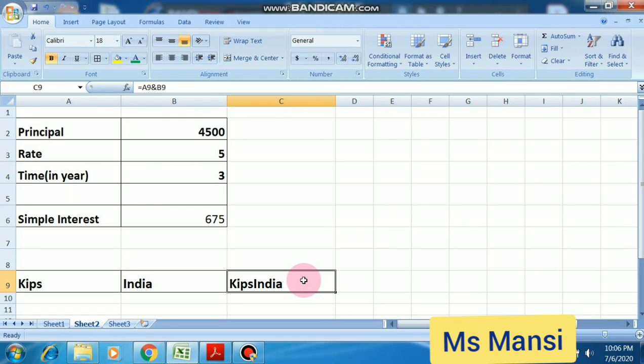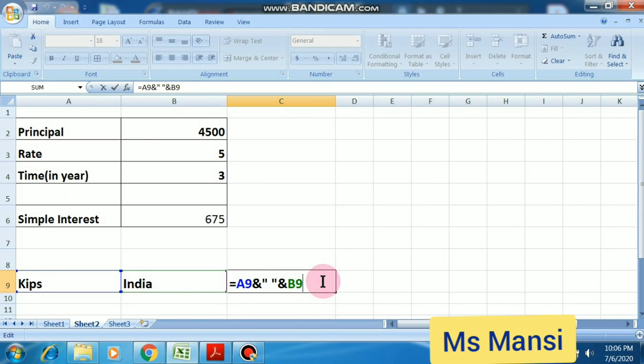See here, again equal to this cell, then ampersand, then double inverted comma, space, double inverted comma, then ampersand and B9.